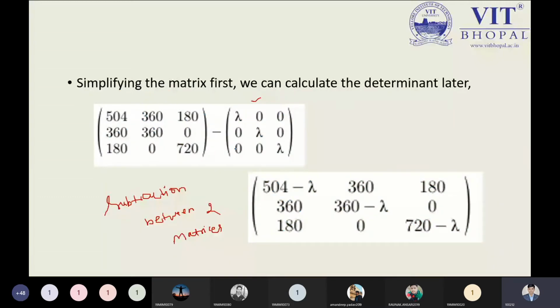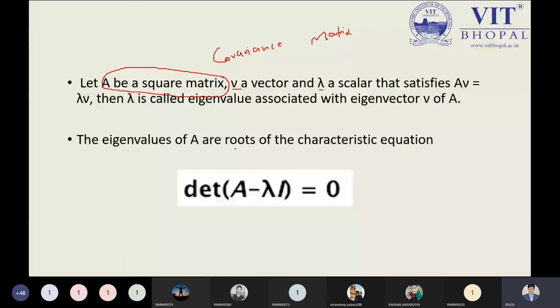And after this one, what do we need to do? Can anyone tell me what we need to do? We have to find the lambda value. We need to determine the lambda value, but there is only one solution. Just get the determinant. Am I right? Yes, sir. Because we have been given these equations over here, the standard equations. So we are not changing anything over here.